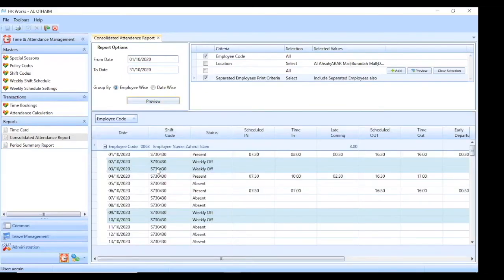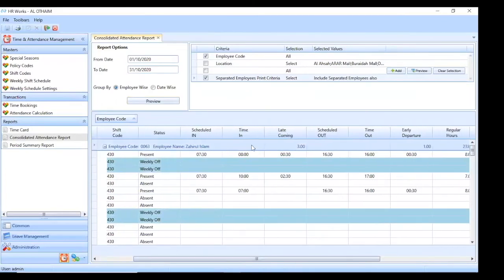Now it shows which shift the employee is working and what the status is, present or absent, and scheduled in, I mean the shift start time, and actual timing, what time they mark in attendance, and what is the late hours.